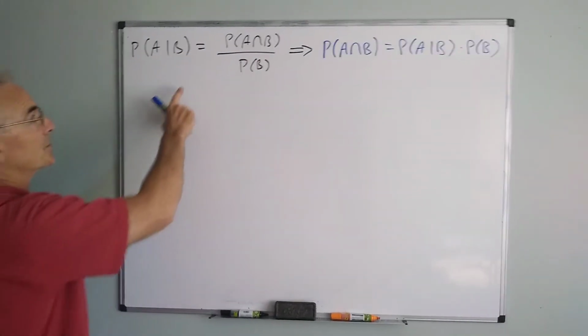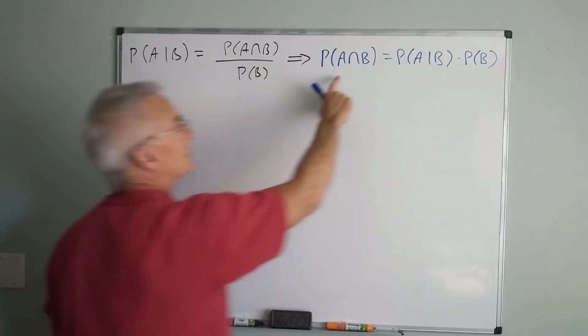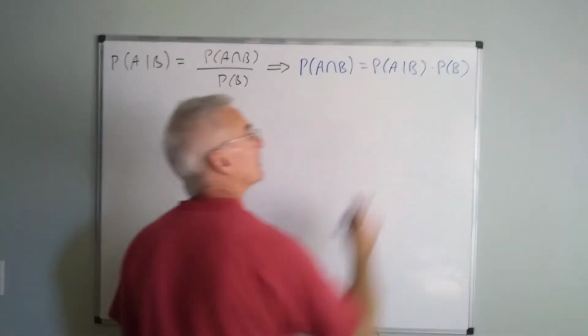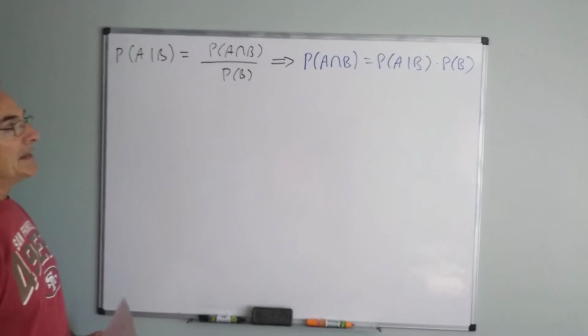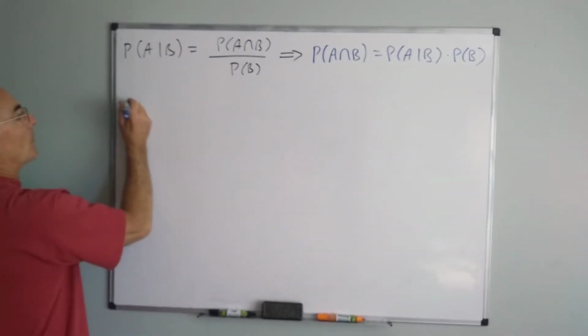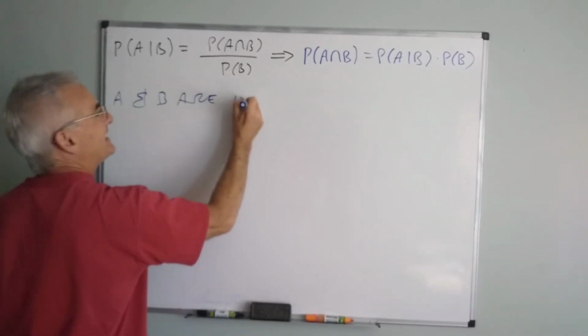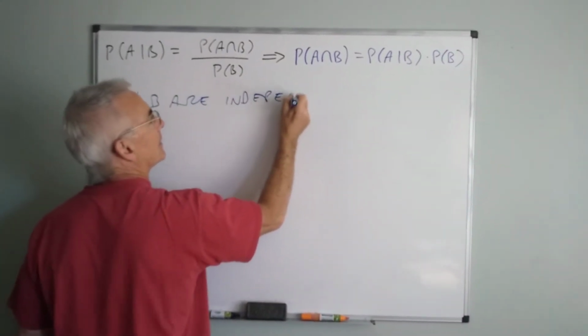Now that we've established this formula, if I want to solve for the intersection, that means the intersection is always going to be the conditional probability times the probability of B. Now, we want to define something here. We're going to say that A and B are independent events